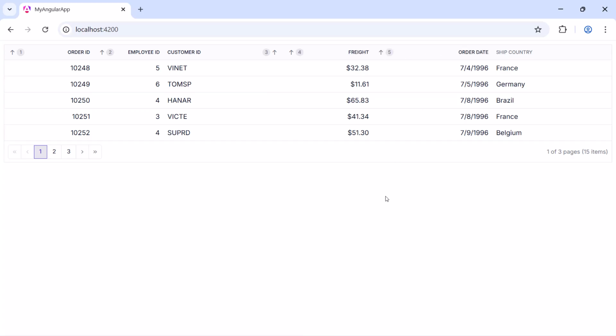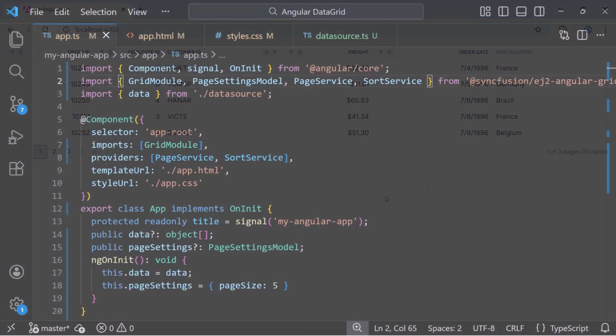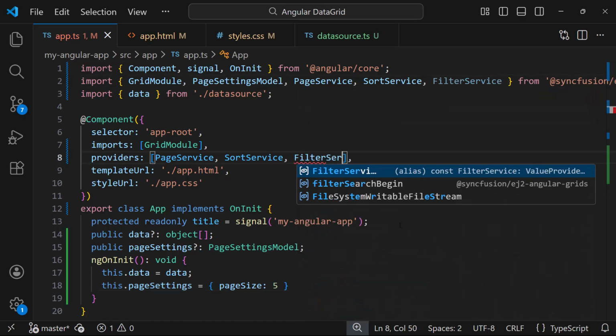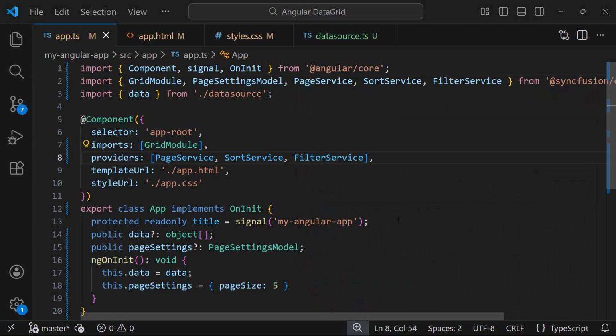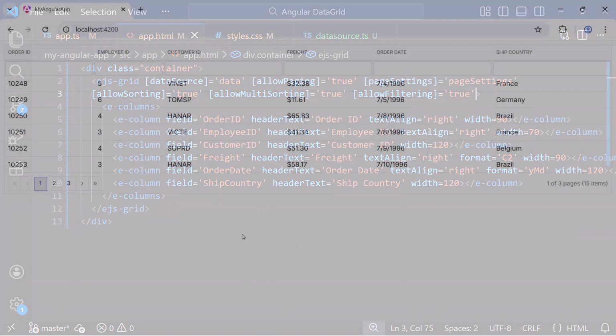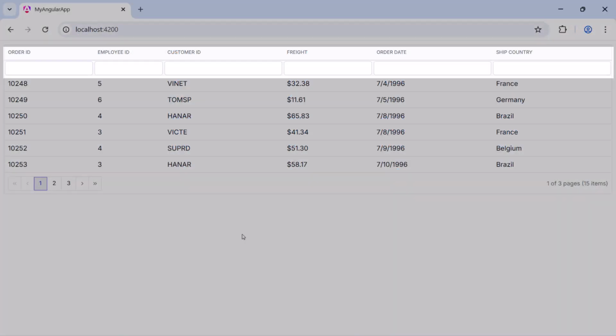Now I will show you how to enable the filtering option. First, I import the filter service from the grid package and inject the filter service into the provider array. In the app HTML file, I set the allow filtering property as true to enable filtering. See now the default filter bar is enabled in grid, and you can filter the values of any columns with